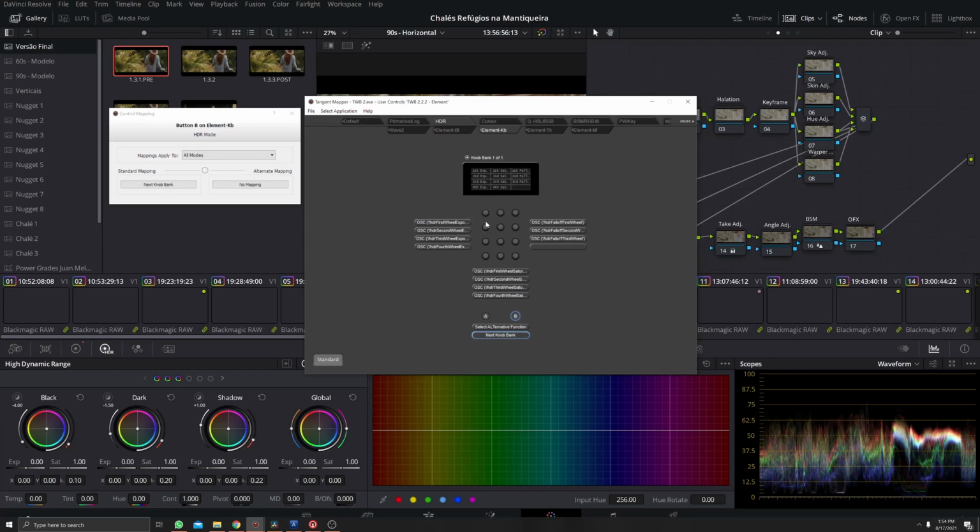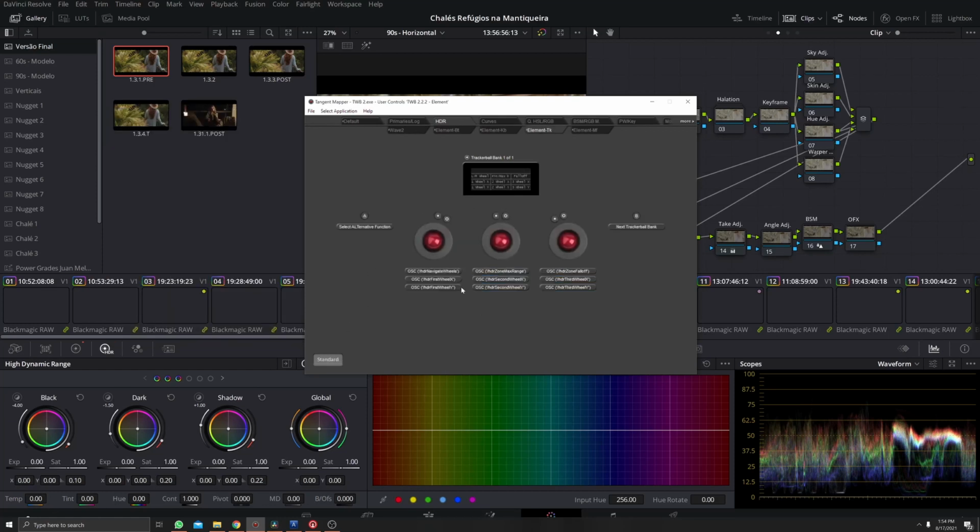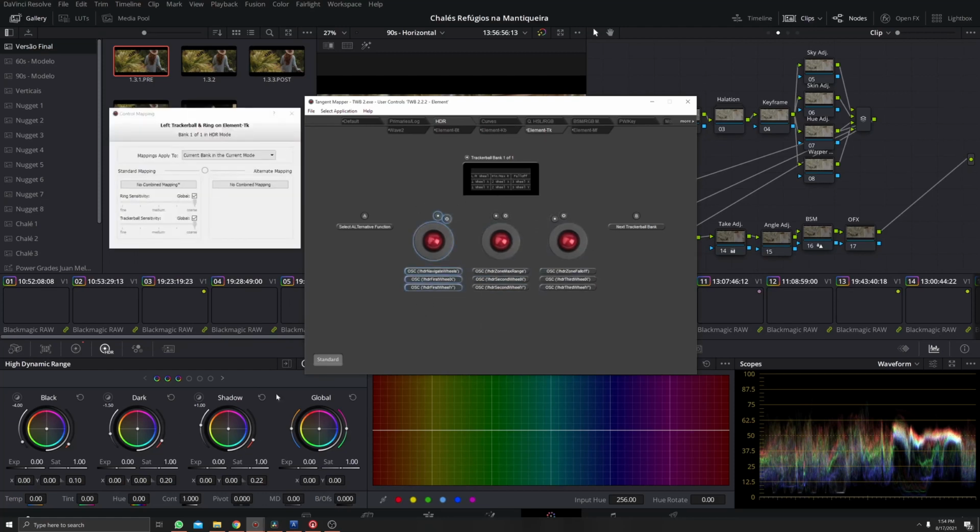What we have is the first wheel, exposure, saturation, and fall off, then the second wheel, then the third wheel, and the fourth wheel will have the exposure and saturation because it doesn't have fall off. Pressing the alternate key, we have temperature, tint, contrast, pivot, etc. So we have all these controls here. And here on the TK panel, we have control of the first, second, and third wheel, of course.